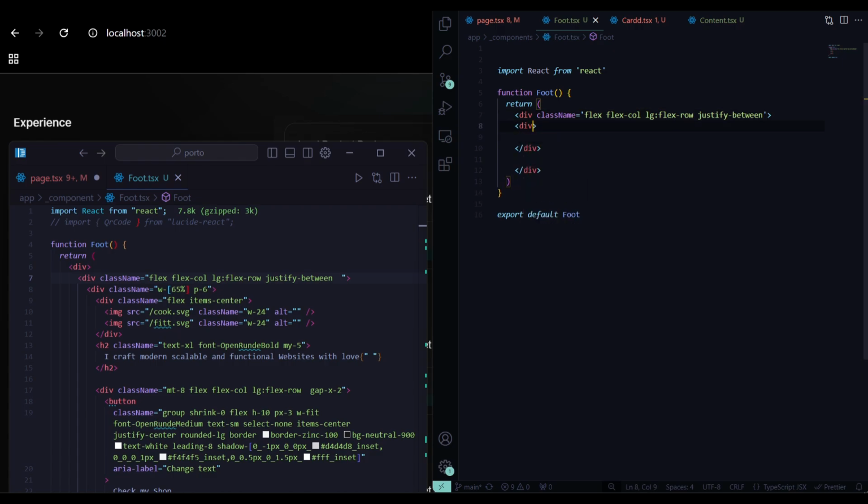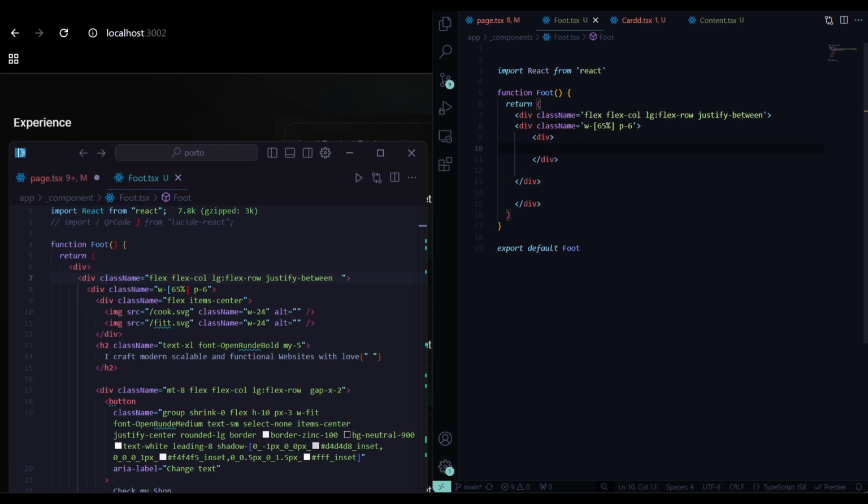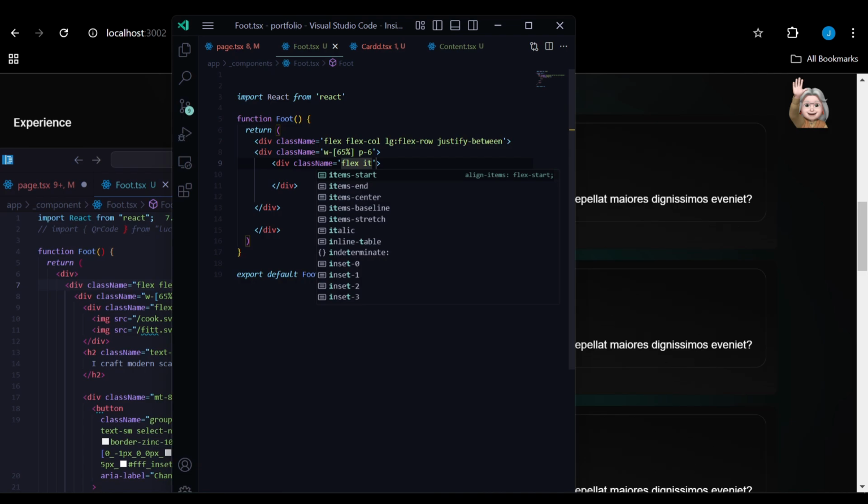A div, the class name, width of full, and the padding of 6. A div here as well, with the class name of flex item center,